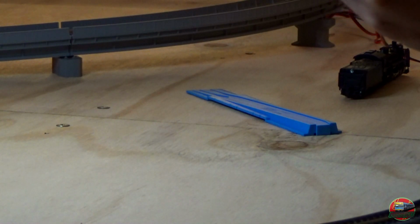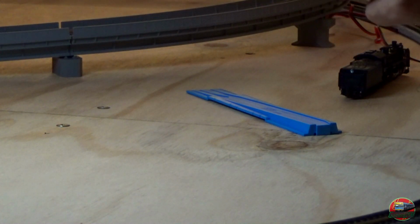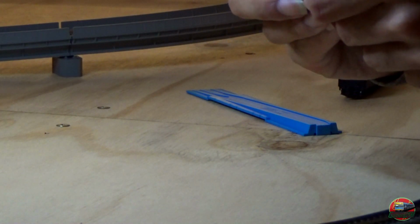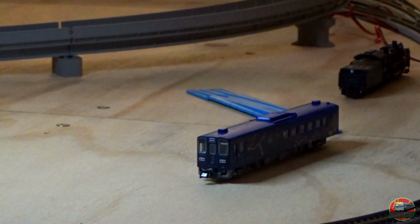And then they basically operate like that in terms of being a converter. So it's exactly the same as if you were to couple up two units together. It's like this is just a second unit, but it means that now you have a coupler that allows you to operate it